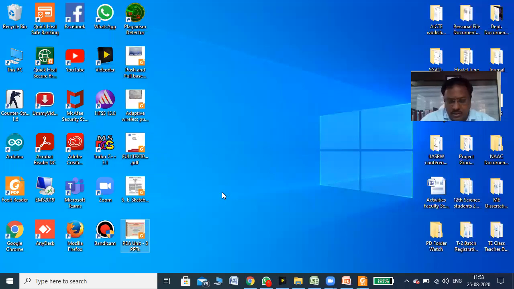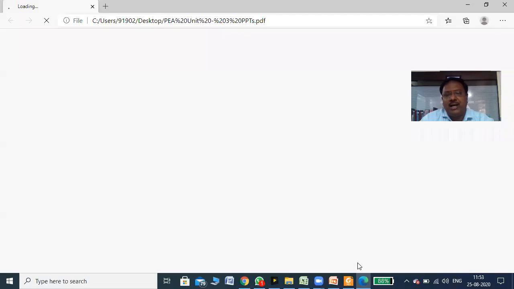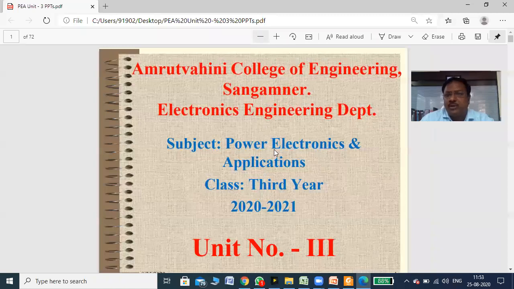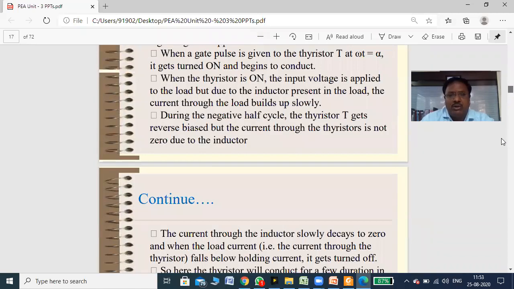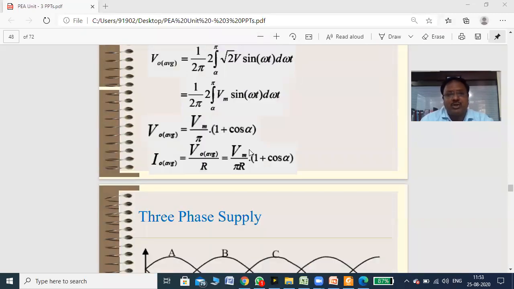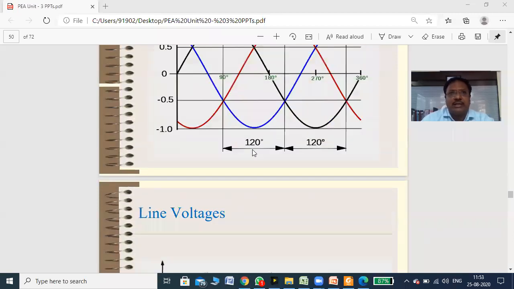So in a midpoint converter, there are three SCRs used. The SCR whose anode voltage is maximum positive is in the forward bias condition, and it turns on if you apply a triggering pulse. Without a triggering pulse, no SCR turns on. It should be remembered that the triggering circuit is not shown here. Even the protection circuit is not shown, but it is always there, triggering circuit as well as protection circuit. So we should consider that first.